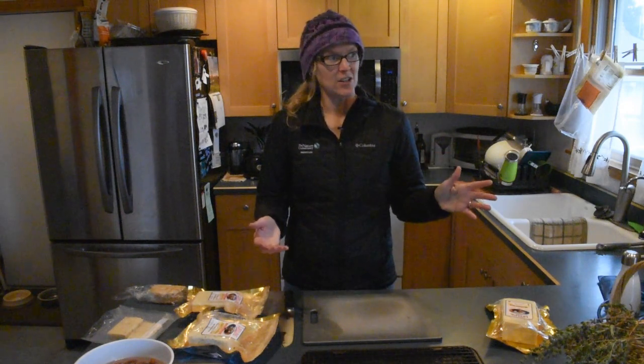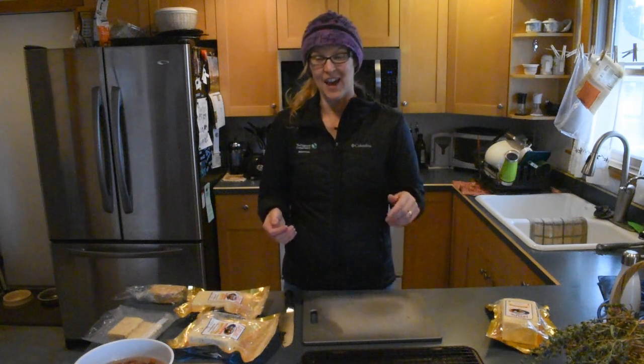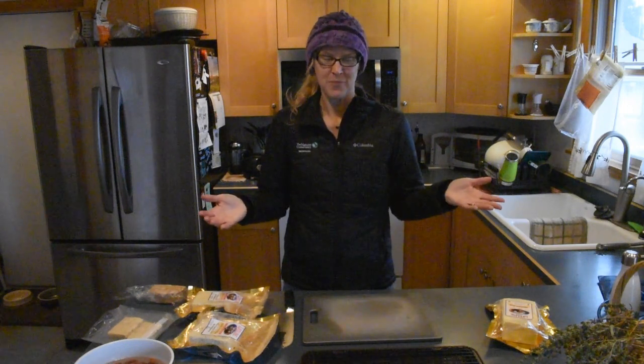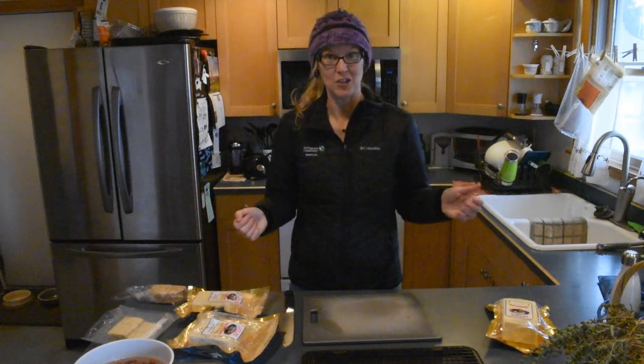So it's 39 degrees outside. Actually, correction, it's 42 degrees outside, which is a really good temperature for smoking cheese because that way you don't have to worry about it getting too hot and any of the oils and fats coming out of the cheese. If you smoke it when it's above 90 degrees, your cheese is going to melt. So that's why you don't want to do it when it's very warm, and also why smoking cheese is a cold